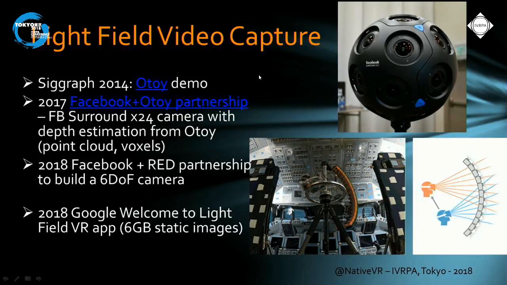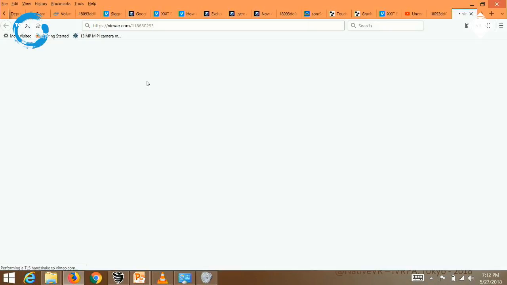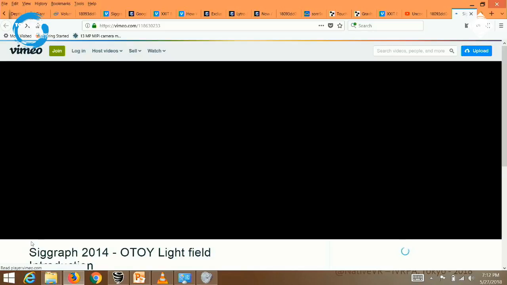Okay, thanks. So very early on, there was a demo at SIGGRAPH in 2014 where Lytro presented one of their early demos. It was kind of a 3D image, but it was really